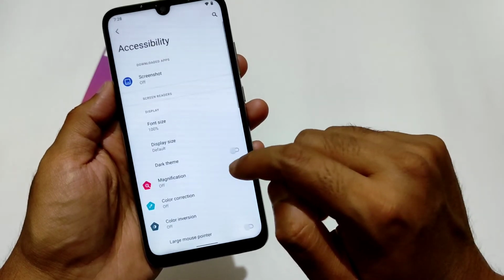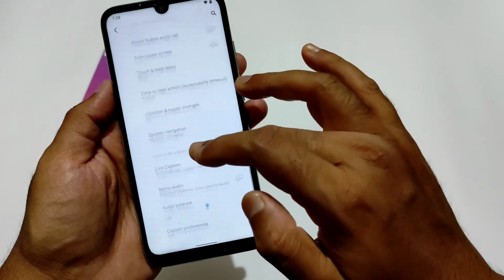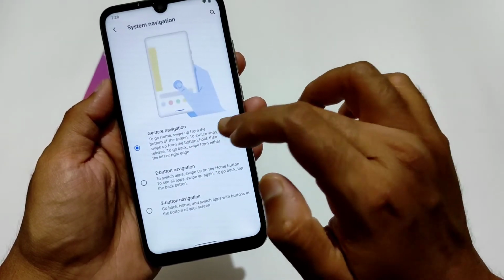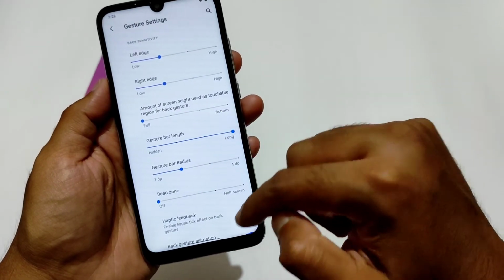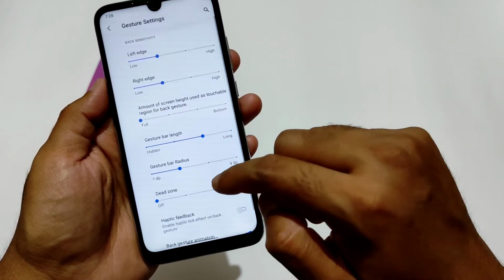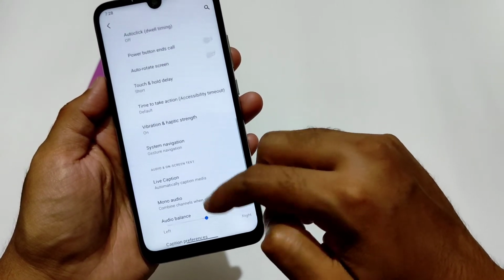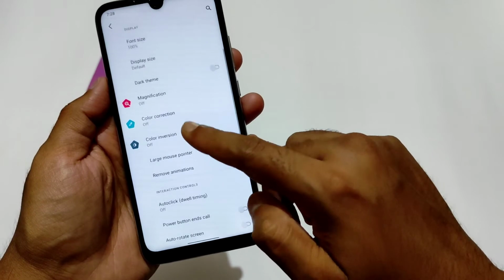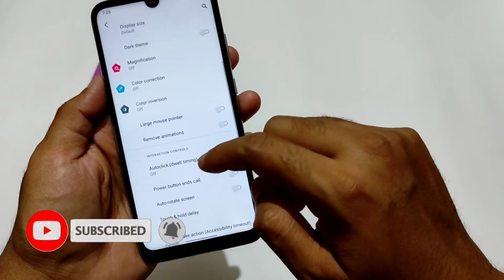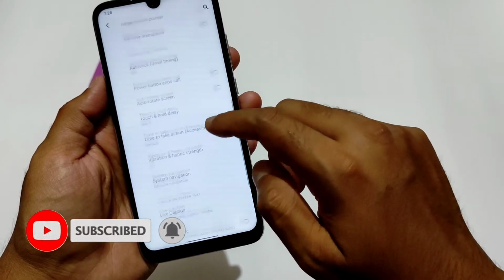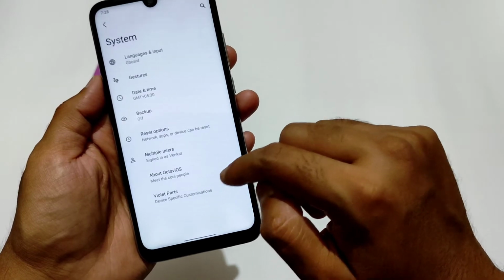And accessibility settings, I am seeing here missing. That setting is not available. Swiping from the gestures is also not available. This gesture navigation bar length, you can change it. Even the radius is also available. Lots of customization available, but the accessibility menu is missing in this ROM. As you can see, there is no accessibility menu to turn it on from here. That's the bug I have noticed. Let me see, in the upcoming update, they will fix it.